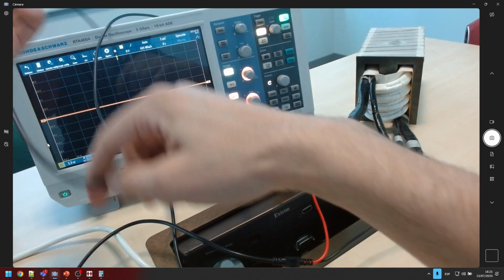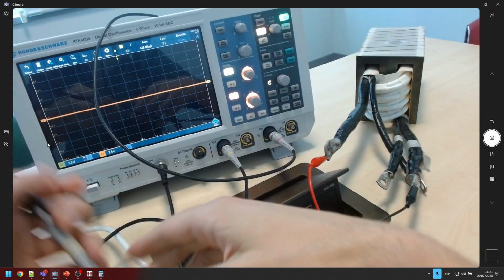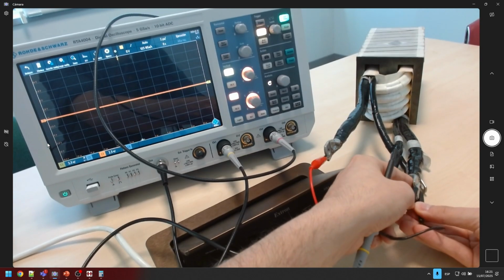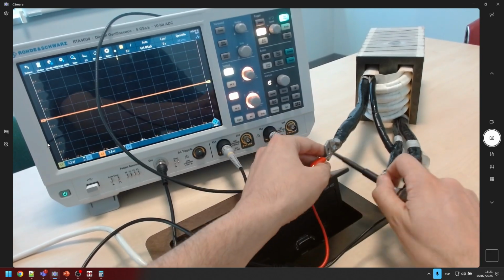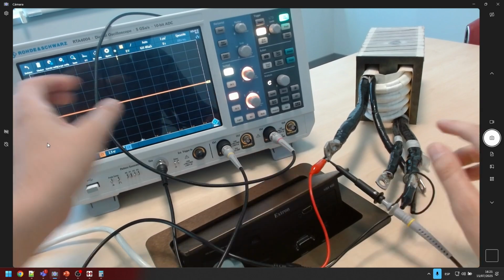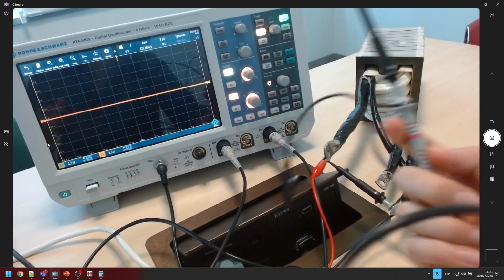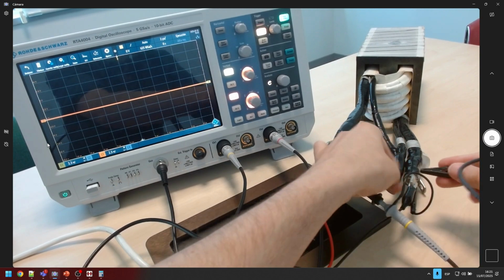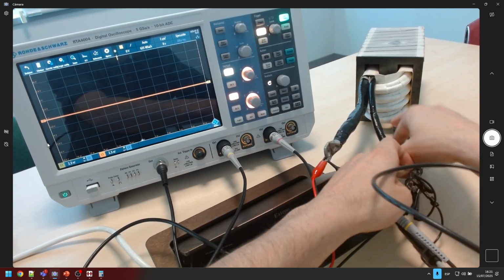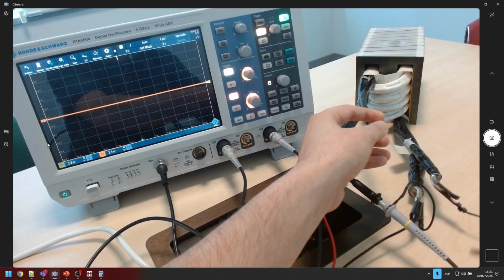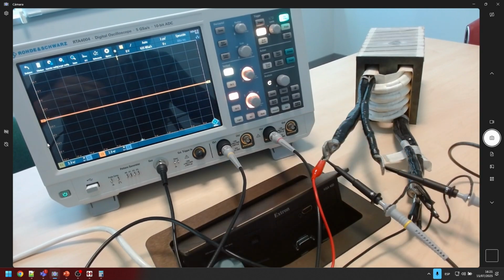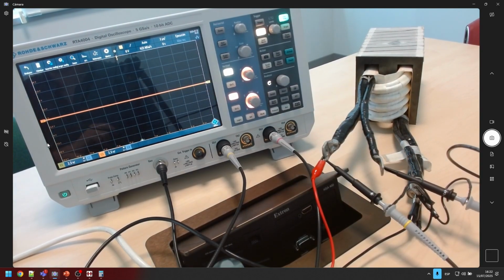And I'm going to measure that perturbation I'm including in parallel with the perturbation. And I'm going to see what we get at the secondary side when we include that perturbation. So one in here and one in here. Okay. As I was saying, the good thing about this scope is that the generator is built in.